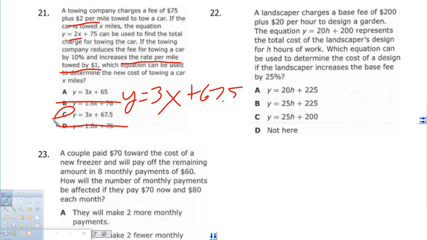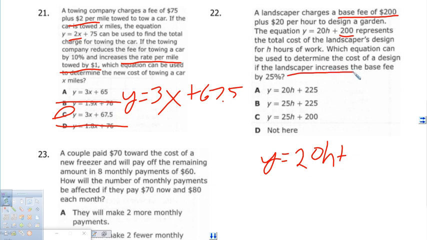A landscaper charges a base fee of $200 plus $20 per hour to design a garden. The equation y equals 20h plus 200 represents the total cost of a landscaper's design for h hours of work. Which equation can be used to determine the cost of a design if the landscaper increases the base fee by 25%? Now the base fee is, as stated right here, 200. So it would be y equals, it doesn't say anything about affecting the hourly rate, so 20h plus,